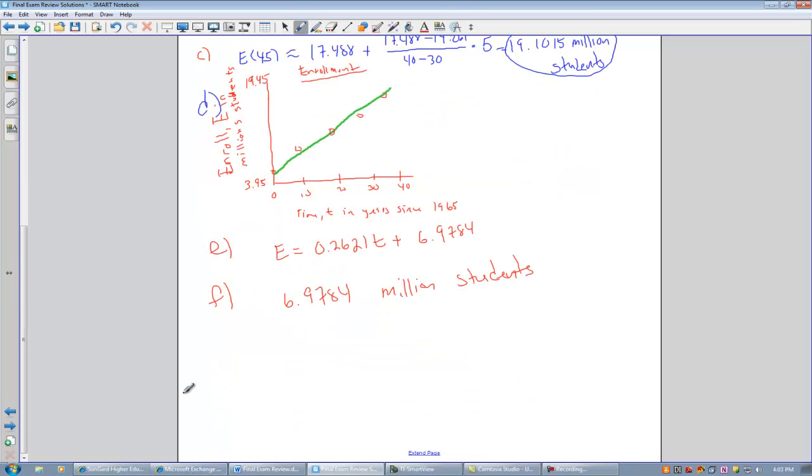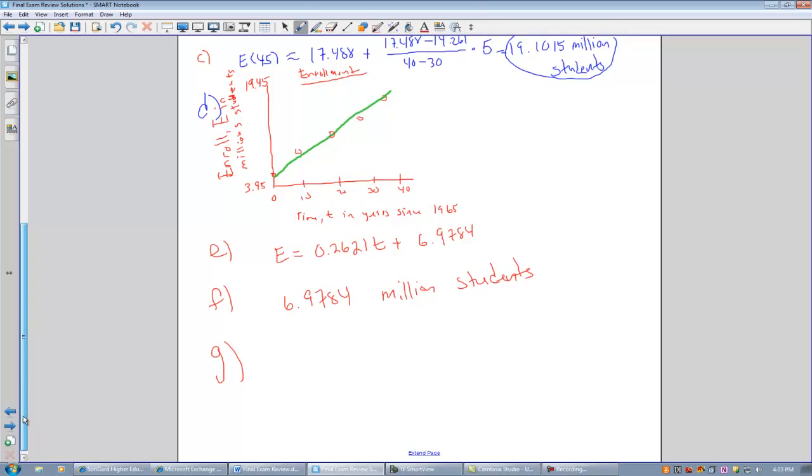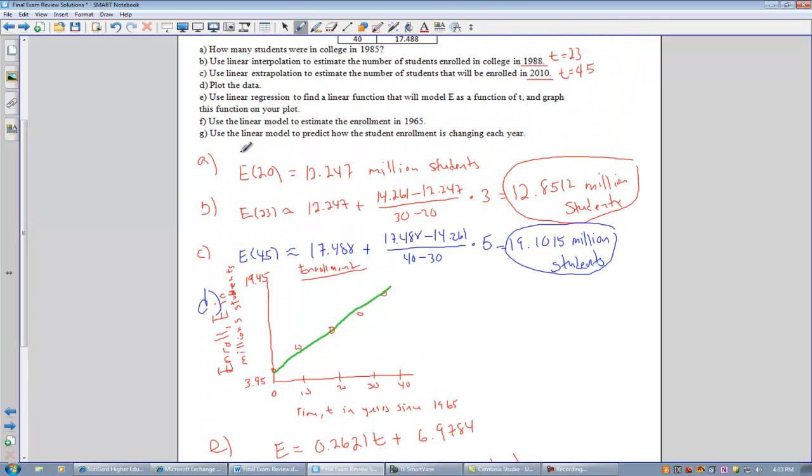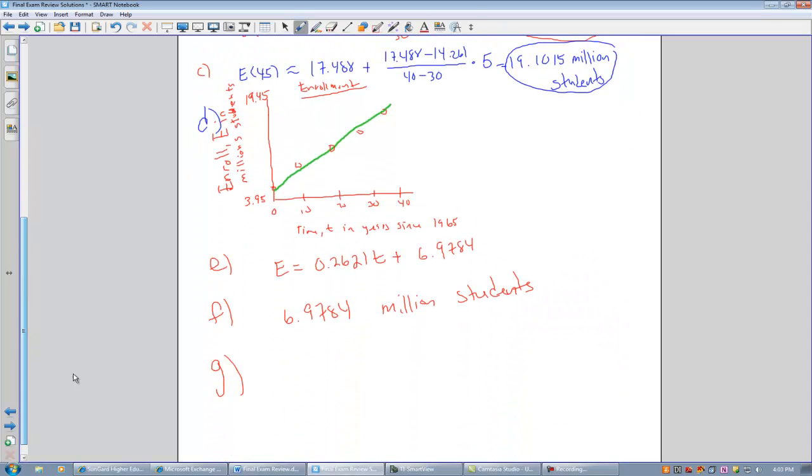And then finally, Part G, well, you can almost guess, since this was this number, Part G is probably that number, but let's look up and see what it says. Use the linear model to predict how the student enrollment is changing each year. And that's actually the rate of change, or the slope, which is this number. So it's changing by 0.2621 million students. And it's a rate. Right? So you have the output basically over the input, so per year. And that's 2-1. Right? So let's make sure that's clear. It looks kind of like a 4. Let's change it. So it's 2-1